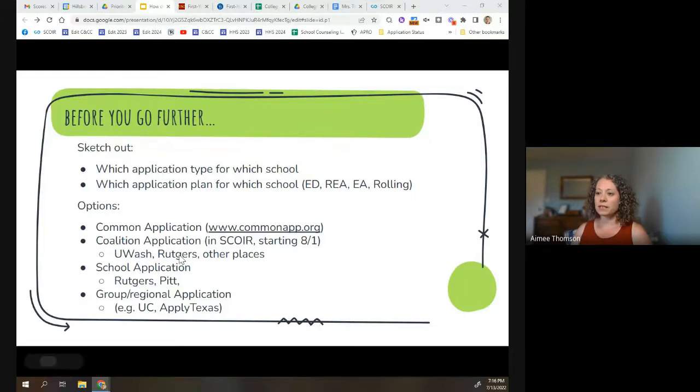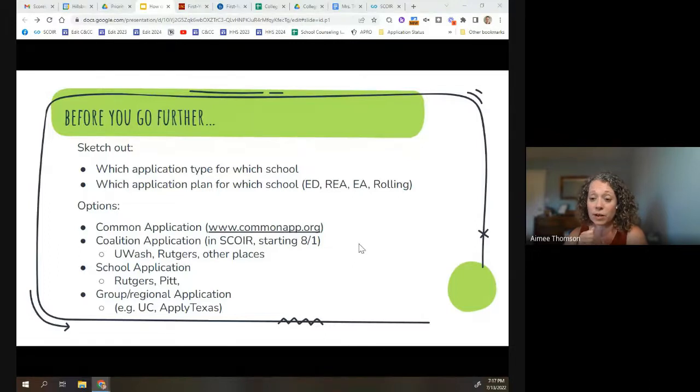When do some of these things open? The Common Application is open now. You can start working on your Common Application, and I'll show you which parts not to do yet, because the Common App will close later this month for a couple days and roll over to next year's cycle, which is the year you guys want. Coalition Application, you've got to hold off until August, at least. School applications, Rutgers in the past has opened in early September, but last year I think they bumped it up a little bit and opened in mid-August, so that might be possible this year.